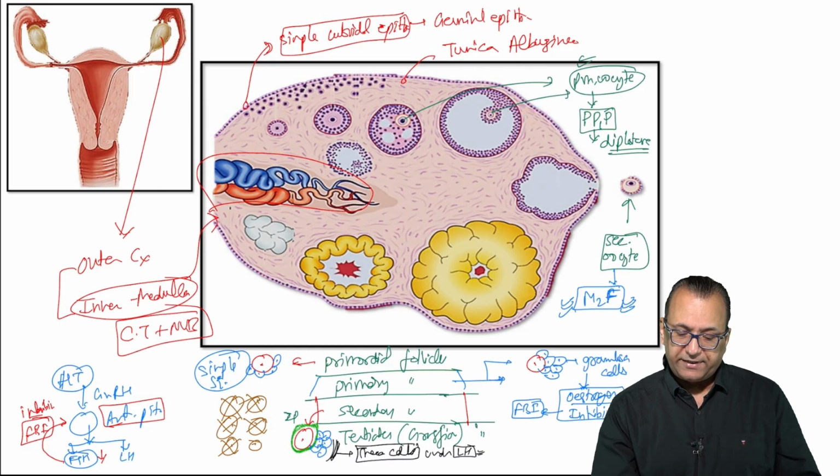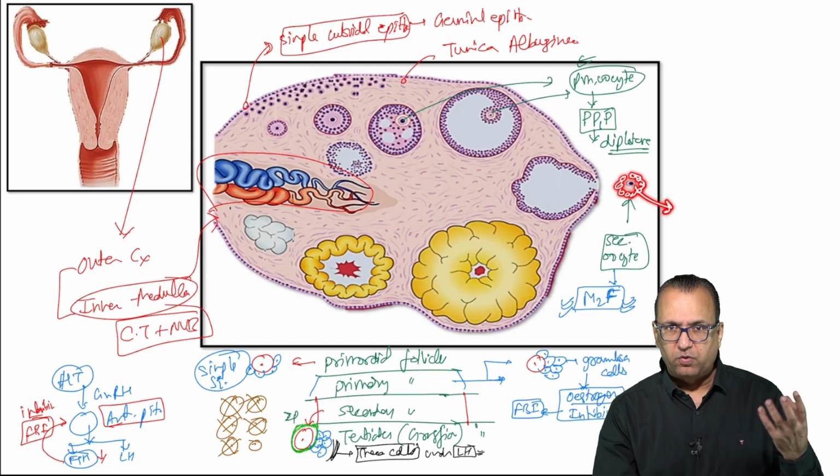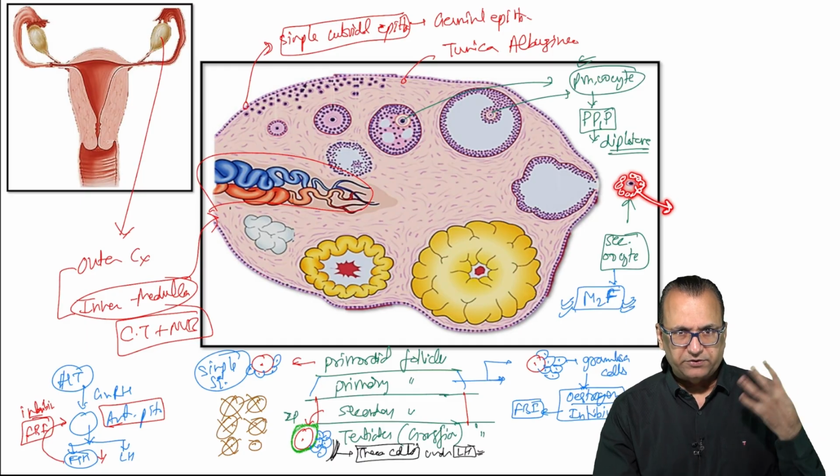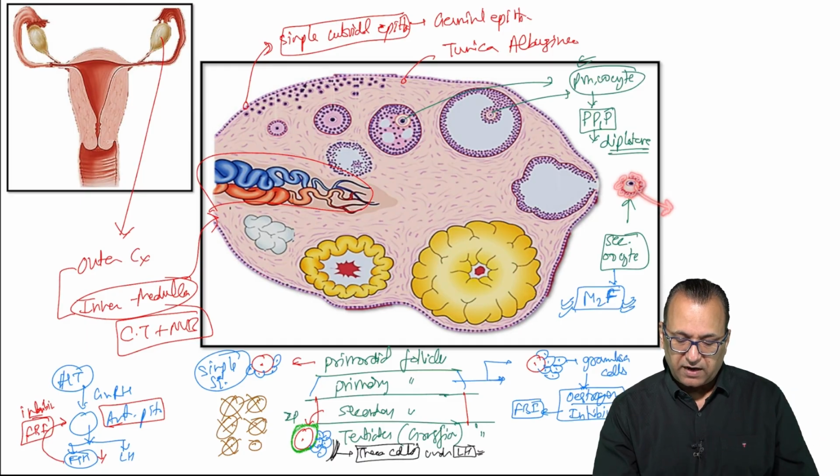Now when there is ovulation happening, a secondary oocyte is ovulated. It is surrounded by corona radiata cells, the granulosa cells, and those granulosa cells will be important later as the secondary oocyte will go and try to get fertilized. Mostly it is not fertilized because sperms are not available, but if it is fertilized, then the Graafian follicle will